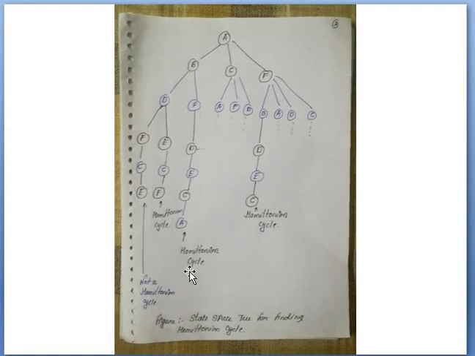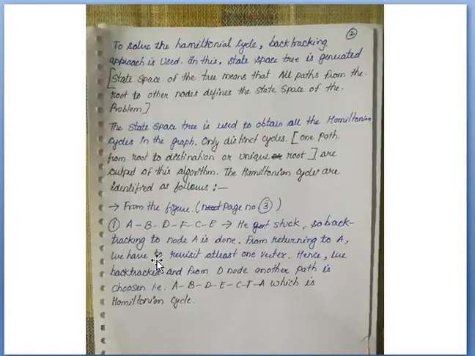So that is also a Hamiltonian cycle. In the same way, A, F, B, D, E, C cycle. Here one important observation in the graph: from the figure, if we follow the approach A, B, D, F, C, E, here we got stuck. If we get stuck at any point, what we do is backtracking. We are backtracking to node A.